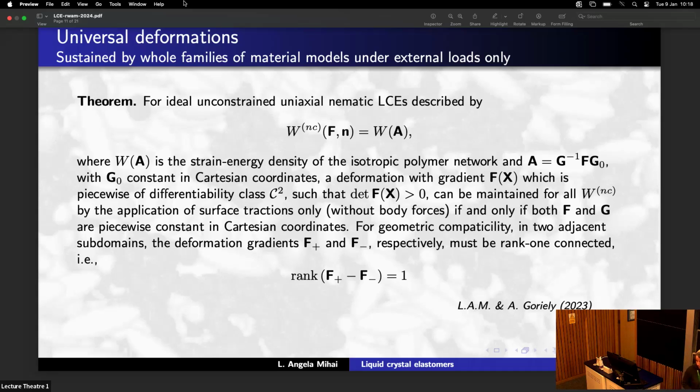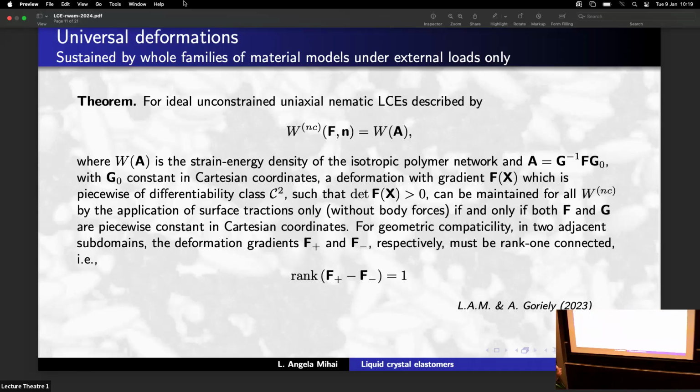What class of material models should we aim for when trying to capture certain generic universal deformations? We have a theorem which says that for an ideal unconstrained uniaxial nematic elastomer, by ideal meaning that we only take the strain energy to be equivalent to the elastic part of the strain energy, so we forget about the Landau-de Gennes extension, just the elastic part,